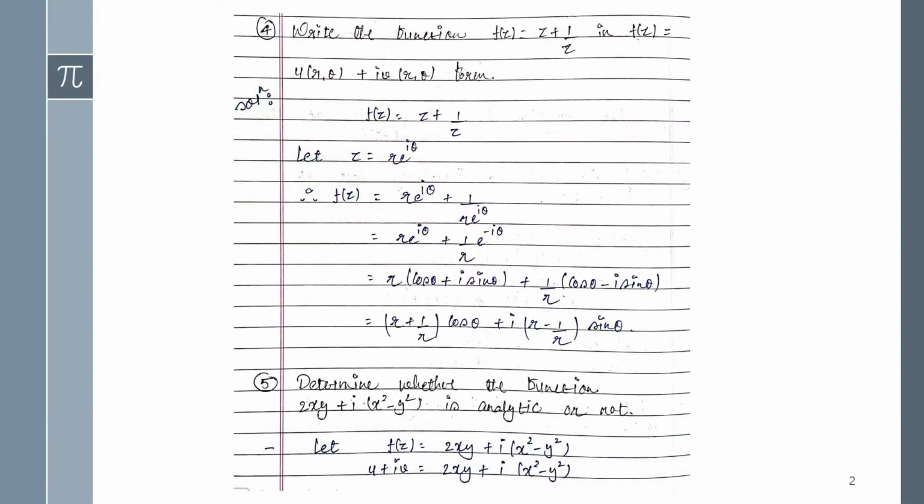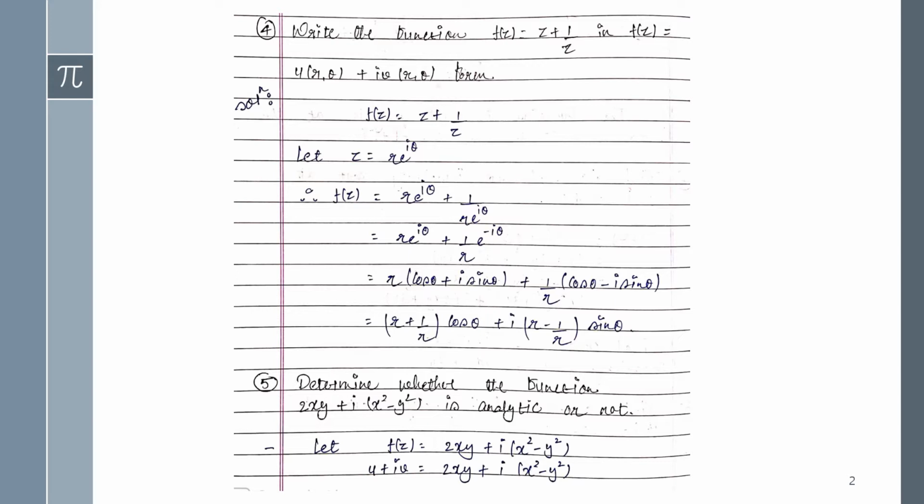As I said previously, we did 3 examples. In the first example, we found how to find analytic points and how we can write singular points, right? And the second and third examples were based on the real and imaginary parts, where from the given functions we find the real and the imaginary parts.